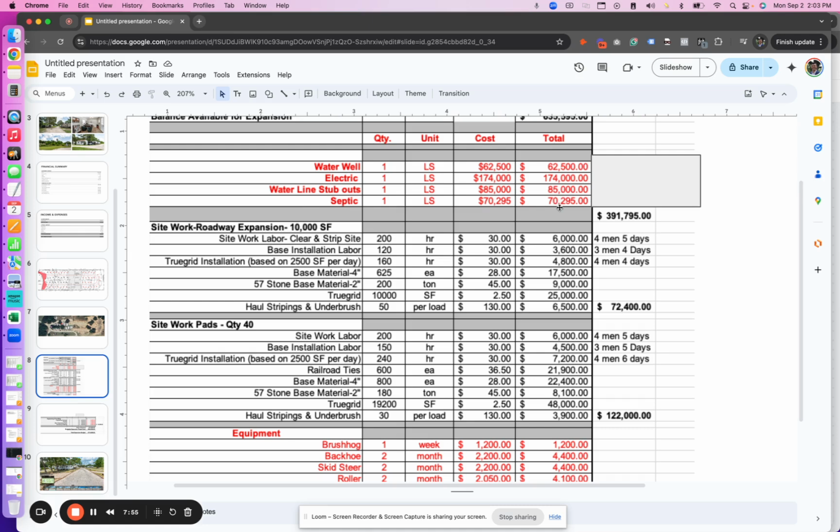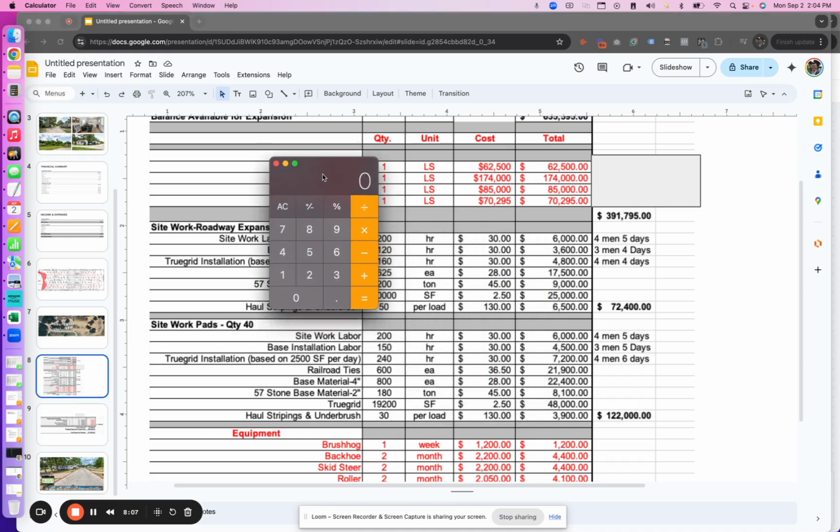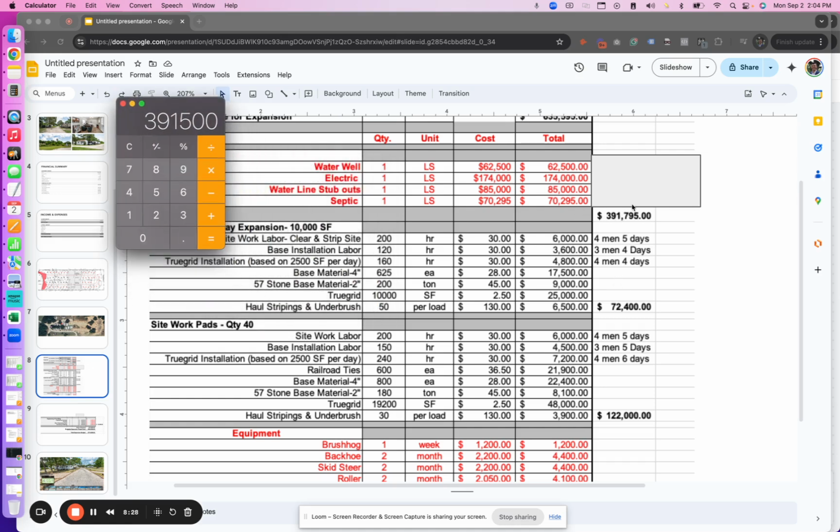And we had 85 plugged here, septic system installed for $70,000. So you see these four items, I would assume this is 300. Let's just do some quick math. Let me make sure I don't miss the calculation here. So obviously when you have an Excel spreadsheet open, you're able to kind of see what everything costs. Plus 174, 123, plus, I'm just going to put in 70,000. Yep, 391. Okay, cool. So this number right here is kind of our summary of these